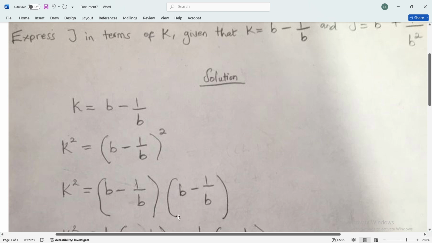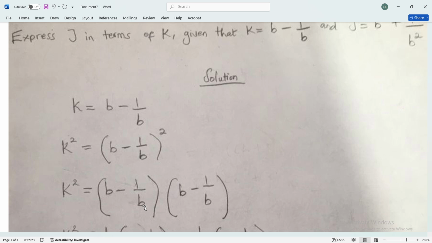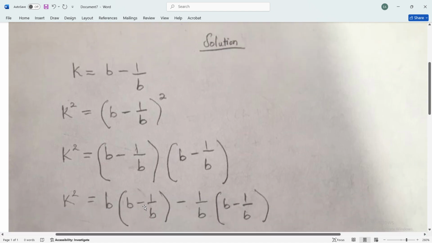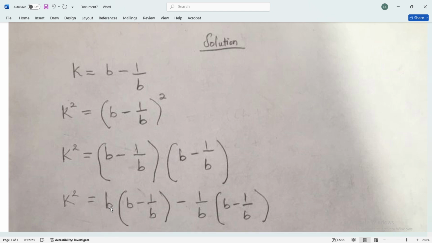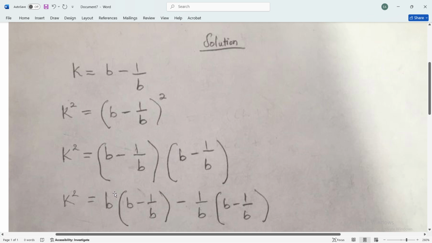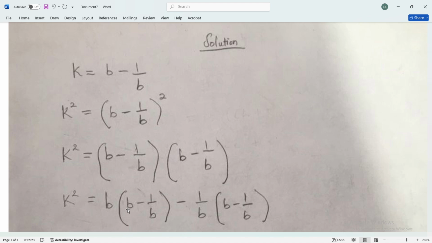We pick B and multiply it by, in brackets, B minus the fraction 1 over B. Then in similar trend, we will pick the fraction negative 1 over B and multiply it by the entire bracket, in brackets, B minus the fraction 1 over B. So we are going to have K square equals B multiplying, in brackets, B minus the fraction 1 over B,